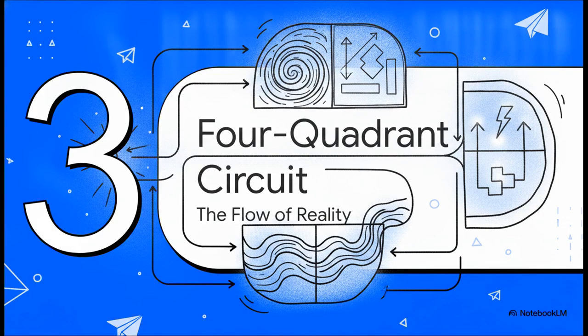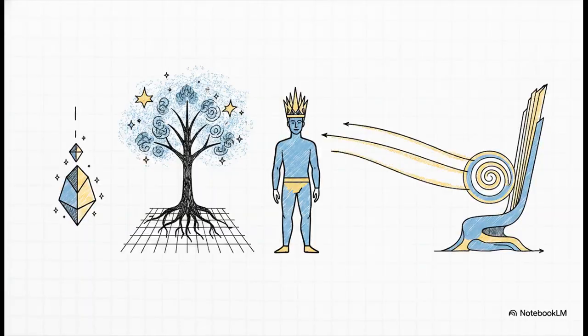Section 3. The four-quadrant circuit. Now we get into the exact mechanics of how reality flows. Okay. Grab a mental notepad because this is the core equation of existence. The fruit falls as a seed from the throne into the D10 field. In D10, it requires SBR with NSK, meaning patience holding within the decay field until the specific point of life